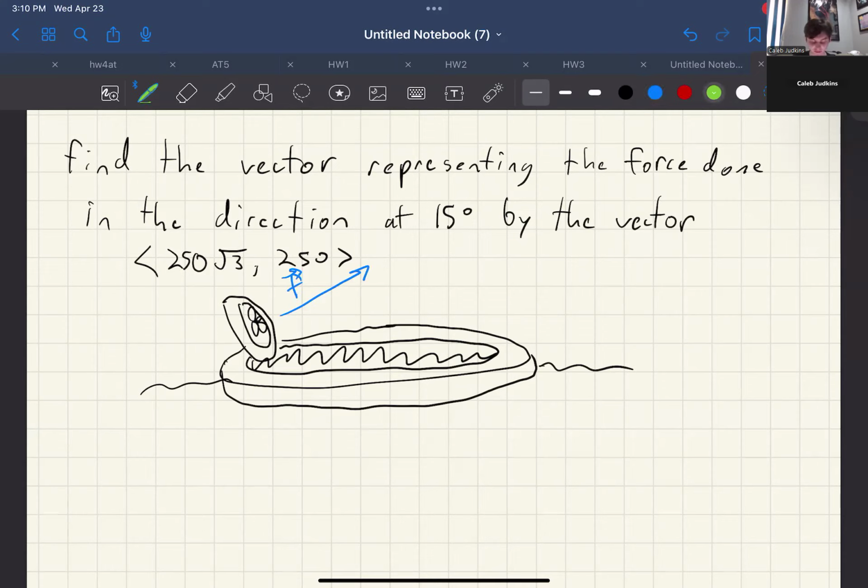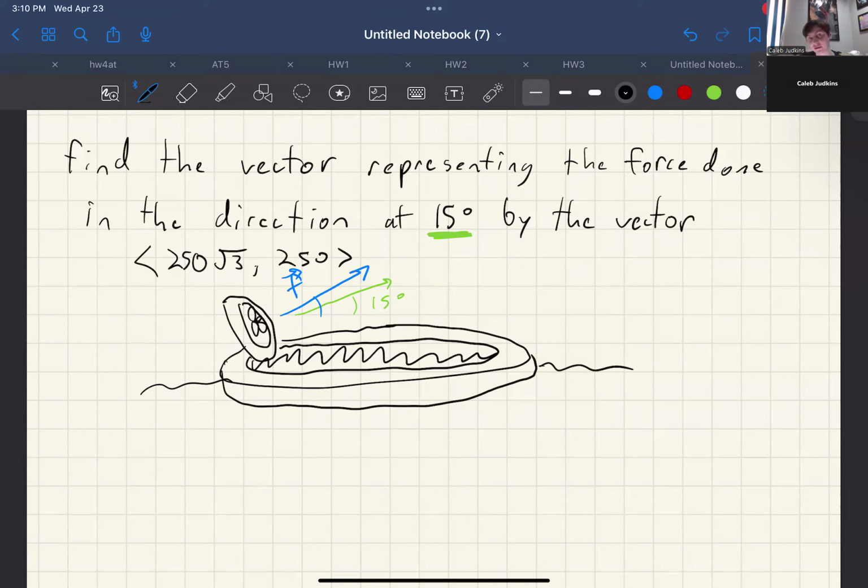But then there is this magical new vector that this problem is introducing that's just the direction given by aiming upwards 15 degrees. So instead of going the full 30 that the fan is aimed, we're just asking how much force is this